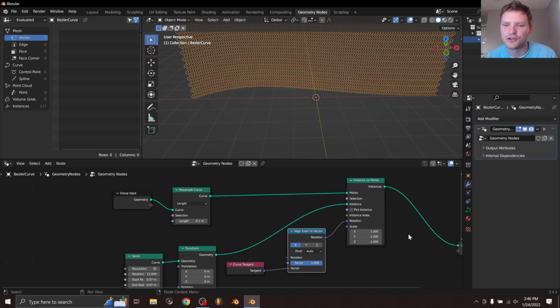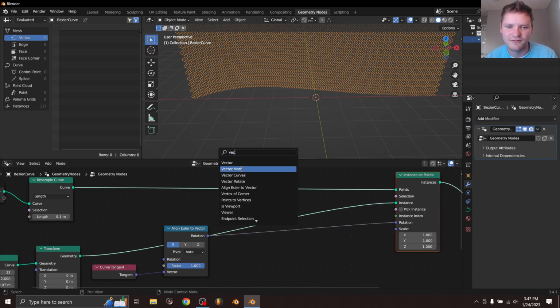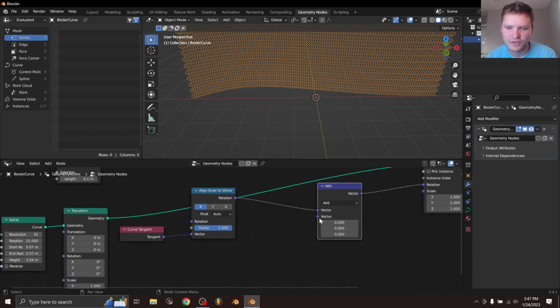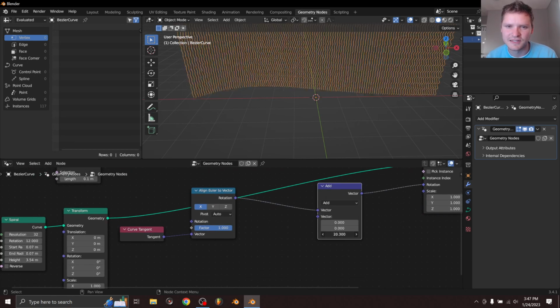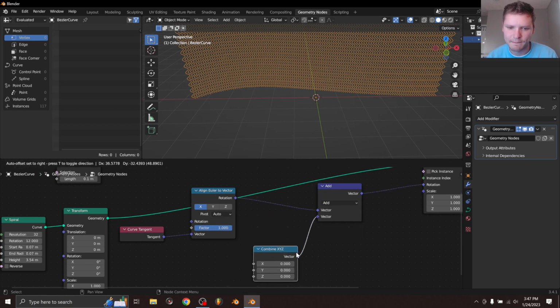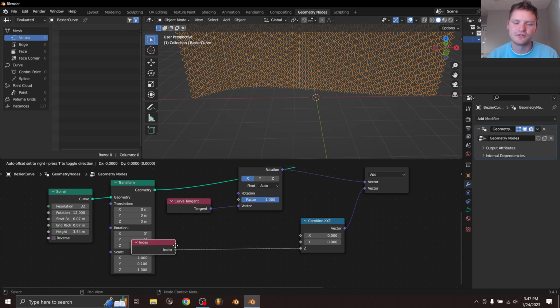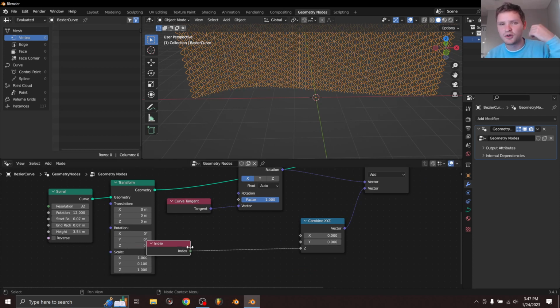And we need every other one to be rotated by 180 degrees. So to do this, I'm going to add a vector math add, so I'm doing a rotation. You can see this is the z, that's the spin we want. And I want it to be every other one. So how do we do that? We take the index of the spiral, so each one, we have an index 0, 1, 2, 3 as we go along the curve,